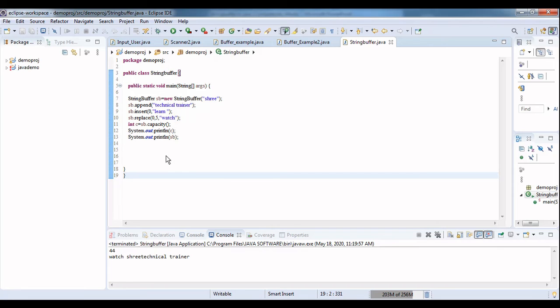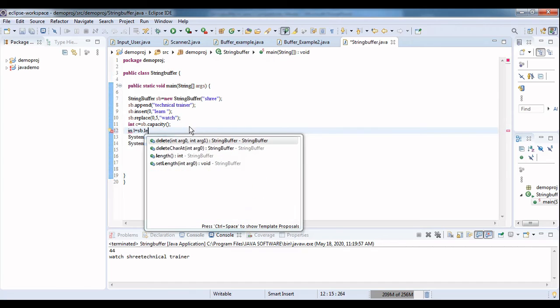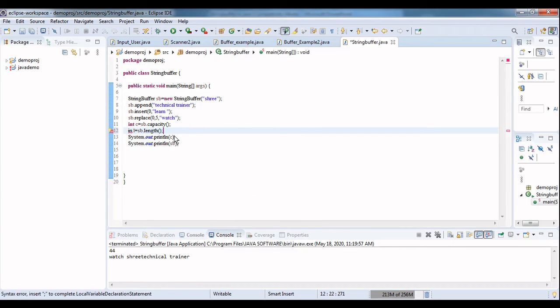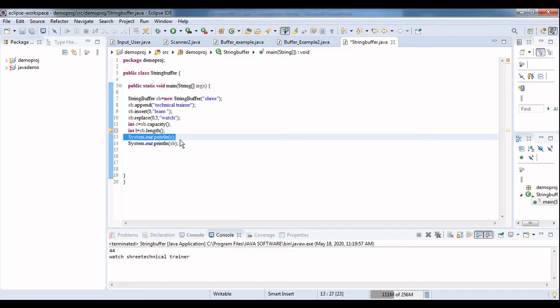Next, let's see length. Int L equal to SB.length. Let's display the length.